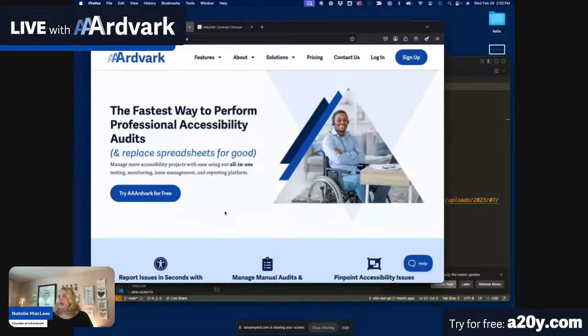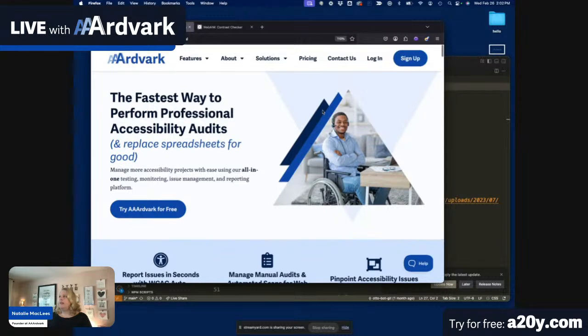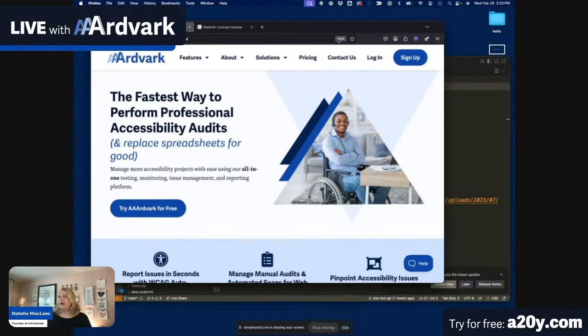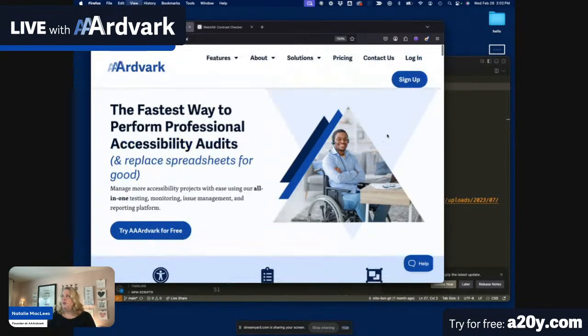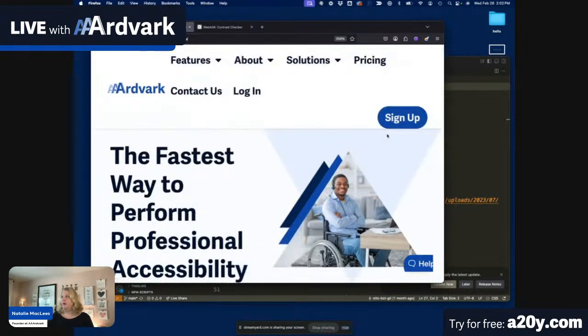So I'm going to click Command plus, and you can see right here it will tell me exactly how large it is. We need to go to 200%. Whoops, went past it. There we are, 200%. Now we're going to look at the page, make sure everything still looks correct, that we haven't cut off any content, that we haven't created any bizarre layout issues, and that all of the functionality is still available. All right, so I do notice right away that our floating help button here is getting